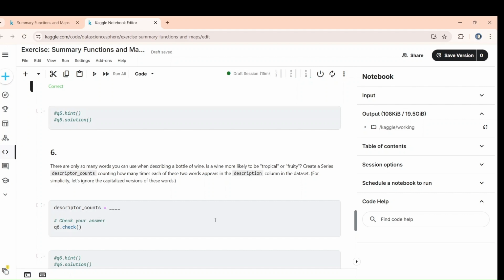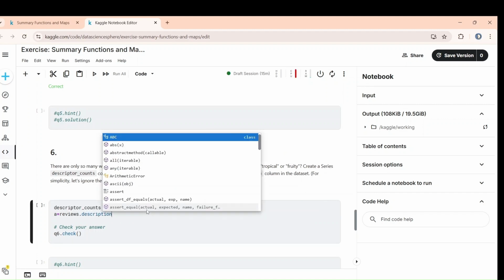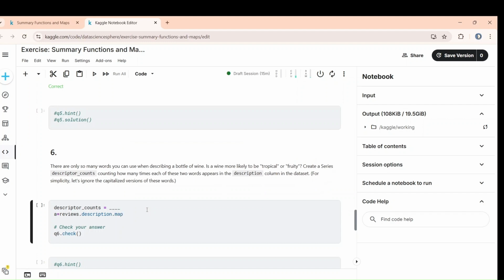So you have to use the map function here, right? Let's say first I can write a equals to, I will take reviews dot, you have to take the description column. Now we will use the map. Now let's use the lambda function. Lambda